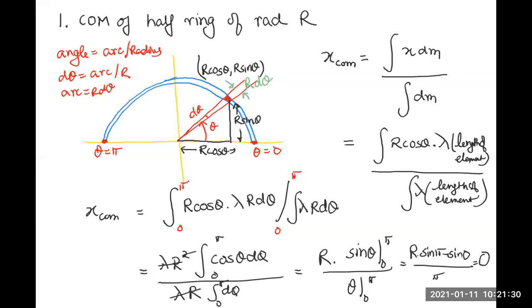The x coordinate of center of mass is coming out to be 0, which should have been obvious when we started. If an object is symmetrical about the y-axis and is uniform, then the x coordinate of center of mass must be 0. Why is this so? It is so because of the fact that